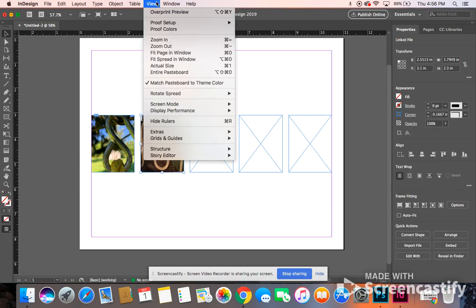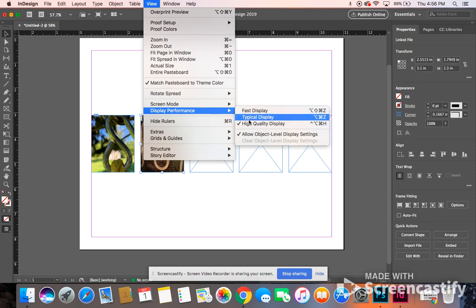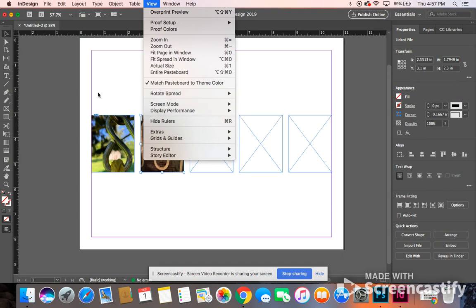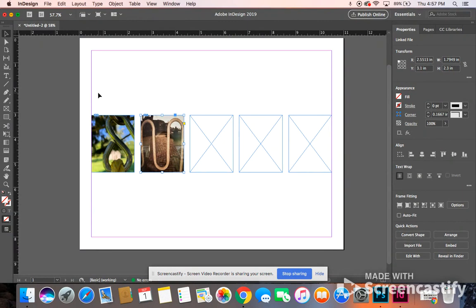And I'm going to change that as well. So I'm going to View, Display Performance, High Quality Display is already selected. So the nice thing too is that once you have your display performance set, it's going to keep it set the entire time. So you actually don't have to come back here for every image, but I wanted to make sure that you're able to see the high quality display is always set. So go through, add all of your letters. When you're finished,